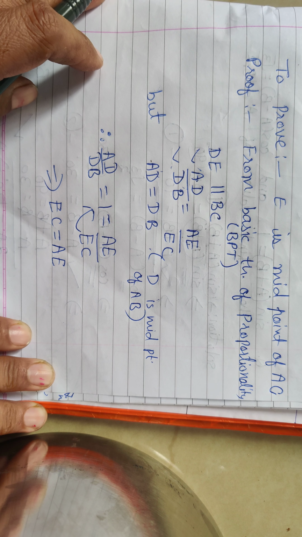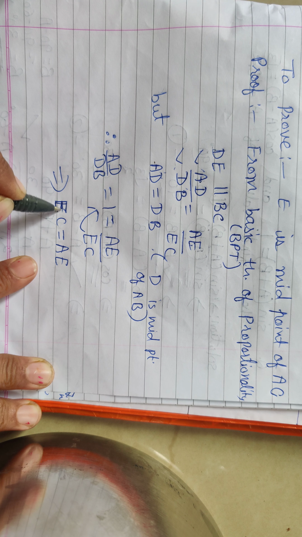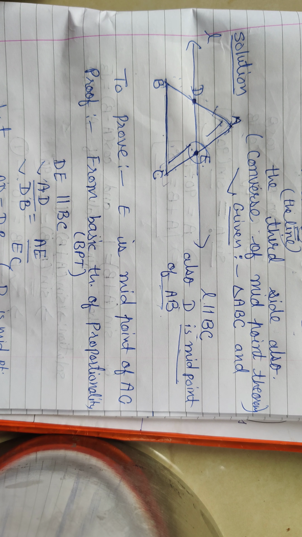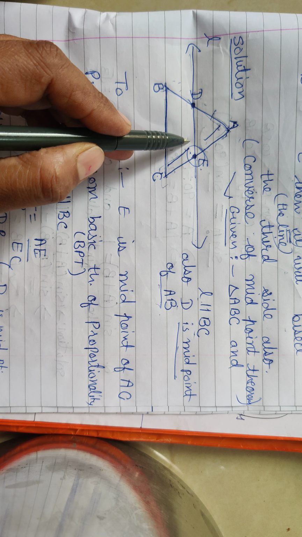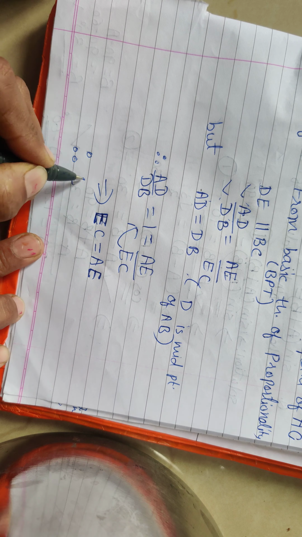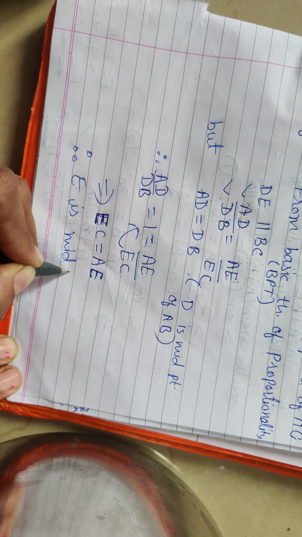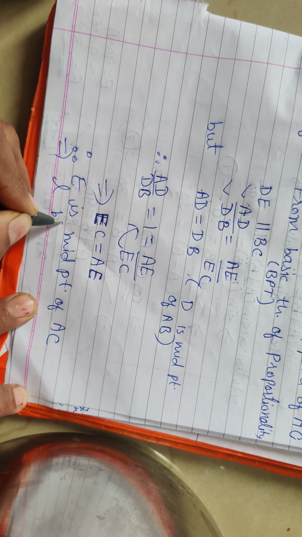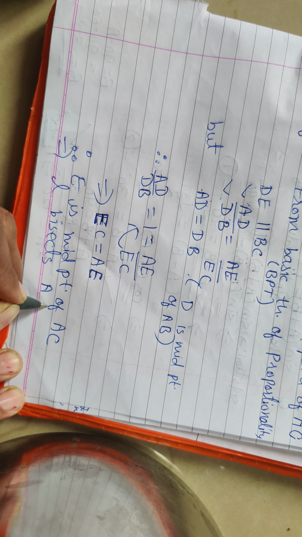Now just see what is the meaning of EC and AE are equal. Here EC, this is AE, the two parts are equal. ये दो parts किसके हैं? AC के हैं. किसने बनाए? E ने बनाए. So if E is a point on AC such that these two parts are equal, that means E is the midpoint and this L is passing from this E. Okay, so therefore E is midpoint of AC, है ना? That means L bisects AC. That is the third side.